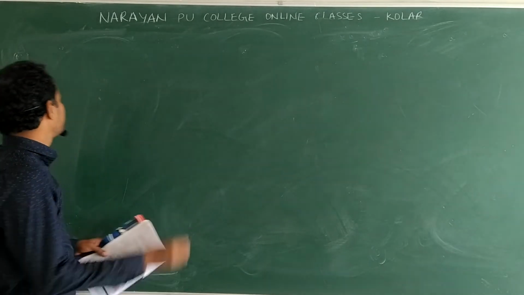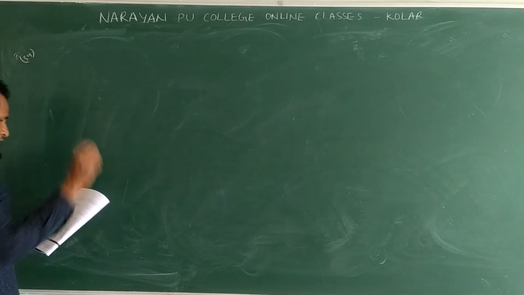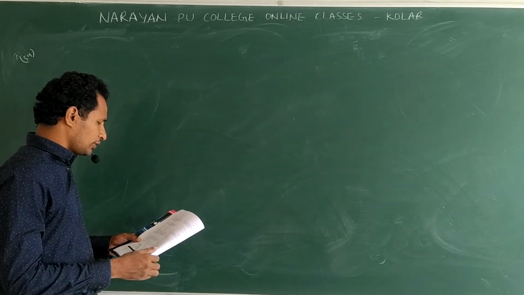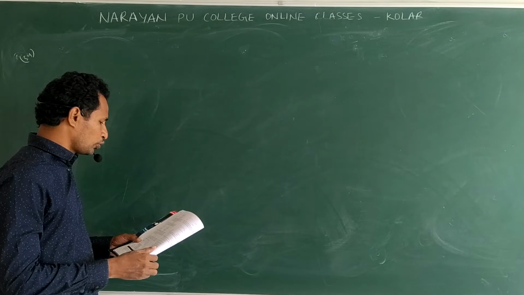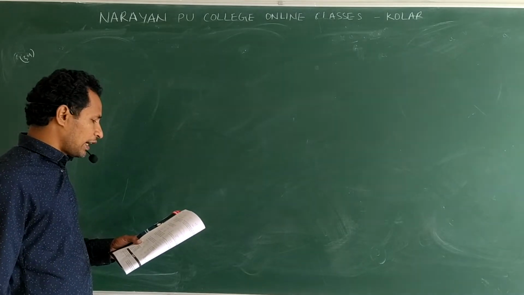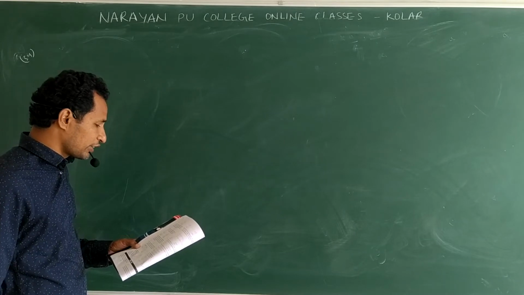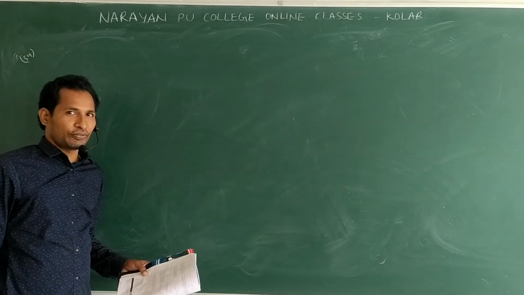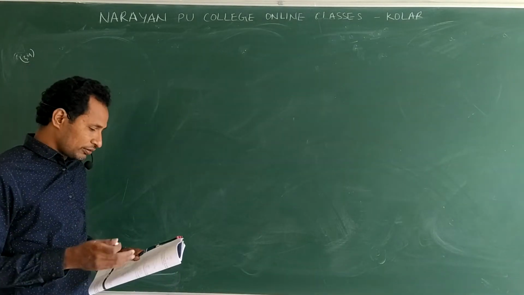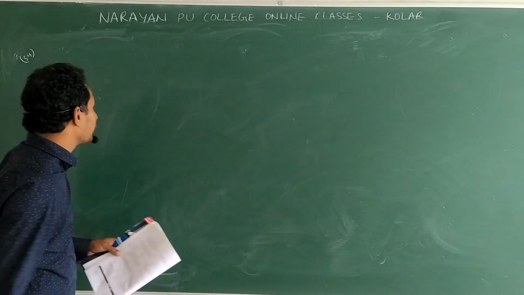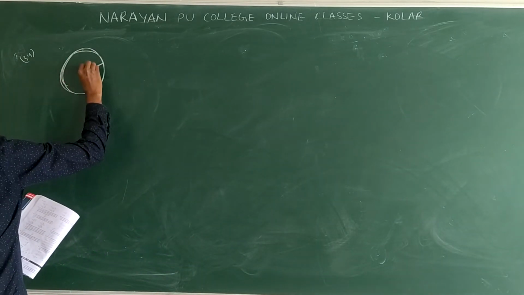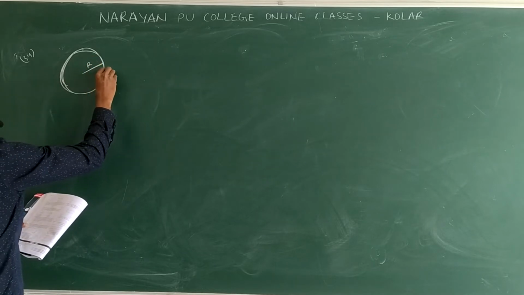Now 54. With what minimum velocity should a charged particle of charge minus q and mass m be thrown from the surface of a charged conducting sphere of radius R having charge Q so that it does not return to the sphere? It is just like escape velocity. Clear? There we have taken Earth. Here we are taking a charged body. So this is a charged sphere of radius R having a charge Q.